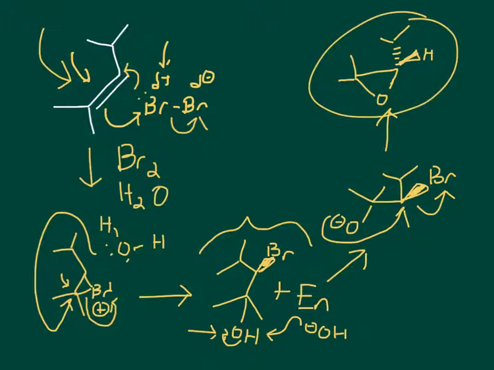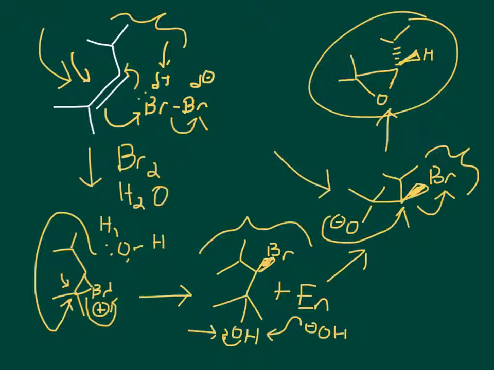Now, I will say that the stereochemistry in this example was a little difficult to follow, especially since I drew the bromine on a wedge in an interesting fashion, but don't let that concern you too much. A lot of the other examples are easier to follow. But the main point here is that we can actually create an epoxide from an alkene by doing a halohydrin formation followed by this